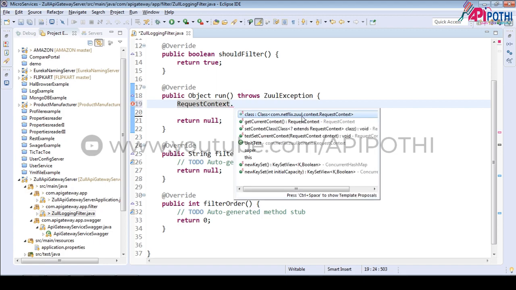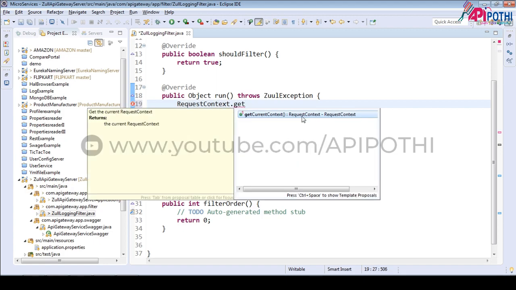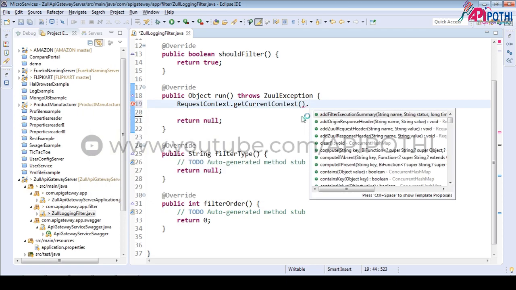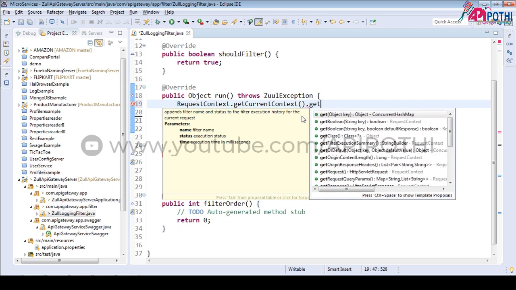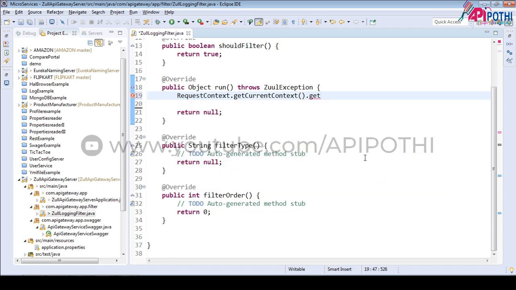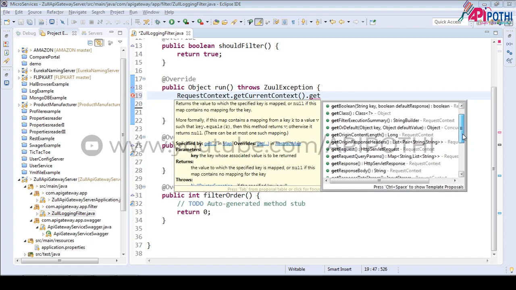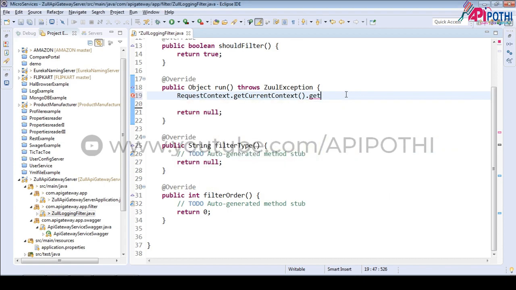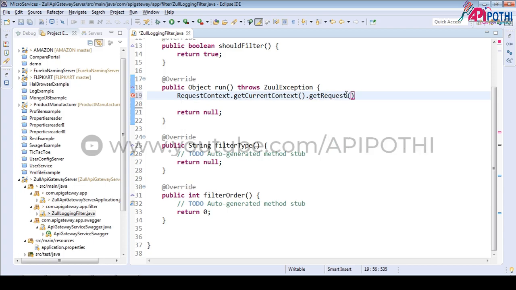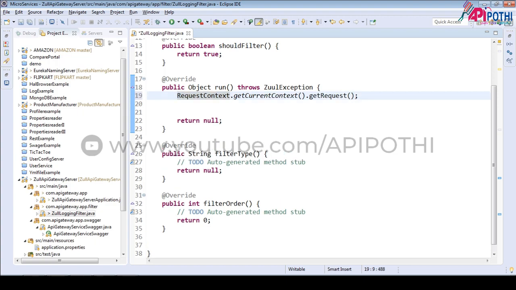Dot getCurrentContext, and inside this we will have multiple filter methods. You see here, getRequest, getQueryParams. There are multiple methods available here. You can use whatever you want, but for now I am going to use getRequest only. Done. This is basically returning the HttpServletRequest.